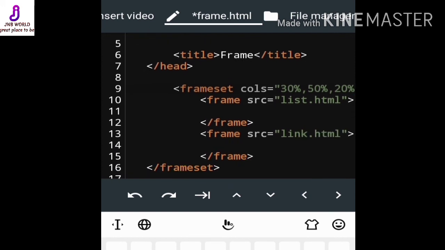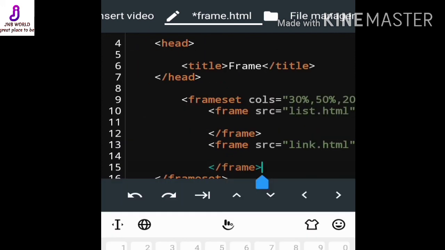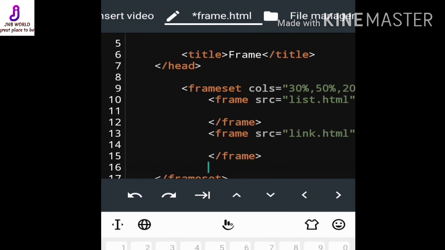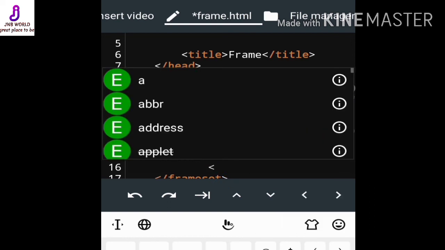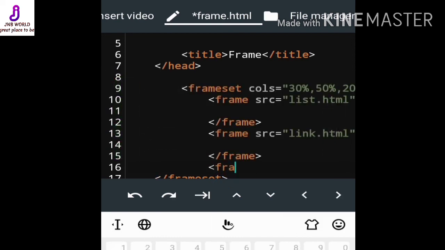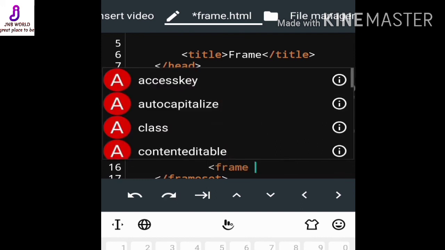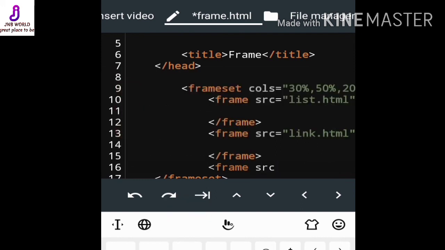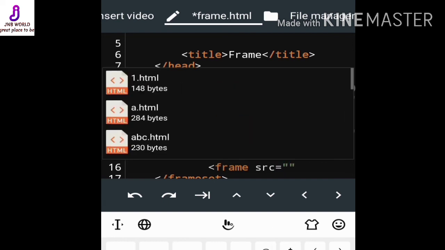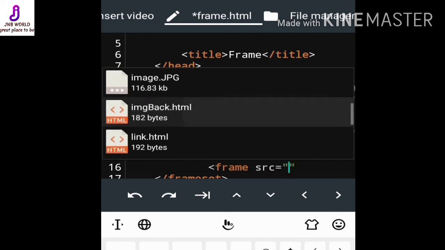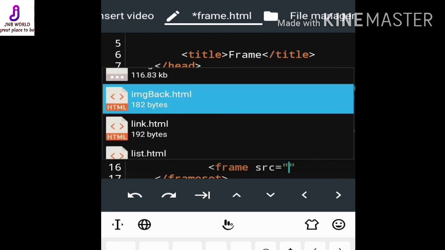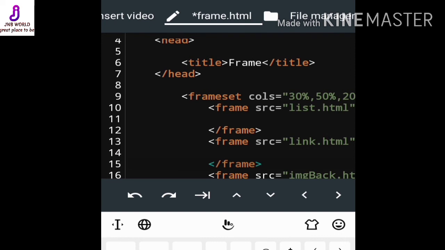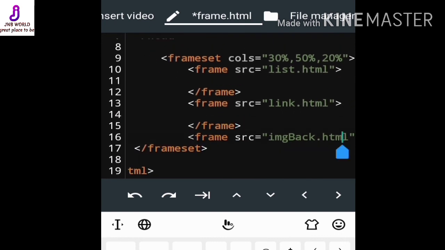So 3 parts have been created. Within these 3 parts I have to use another frame, and there I have to use another HTML document. Frame src, then equal to, within double inverted commas, say my next image back. This is my next one. After this I have to close it.